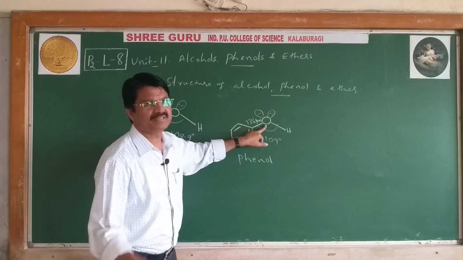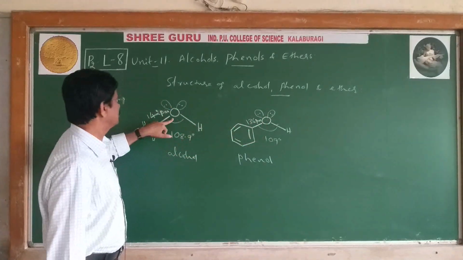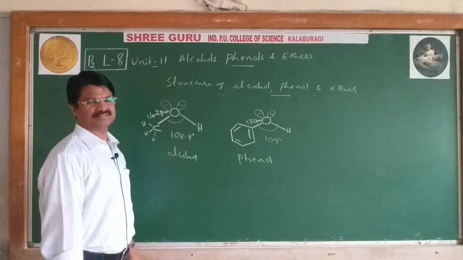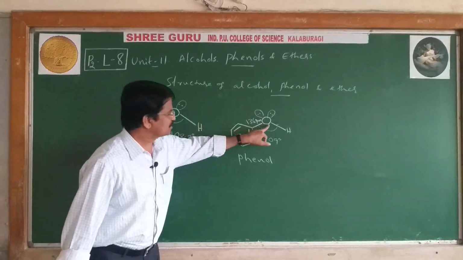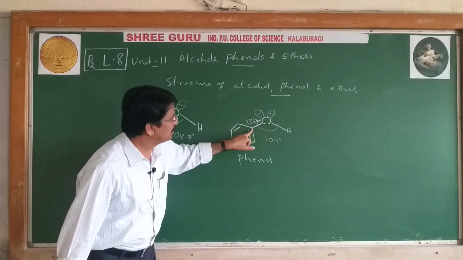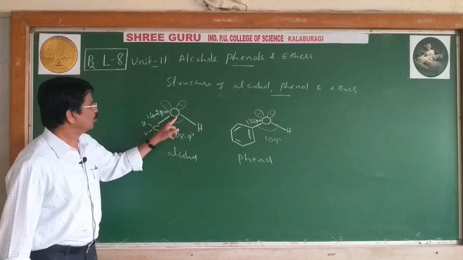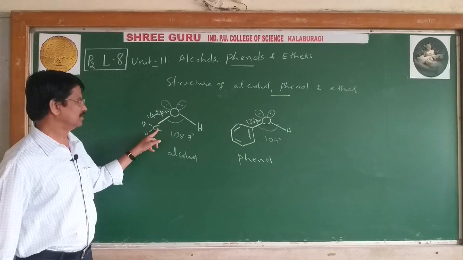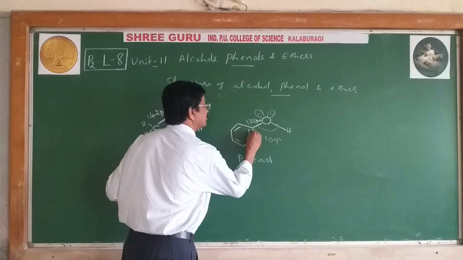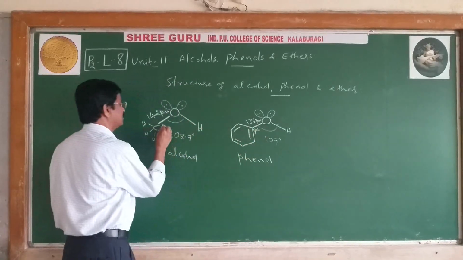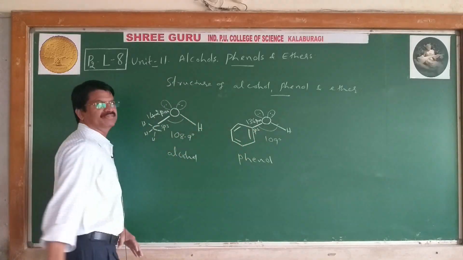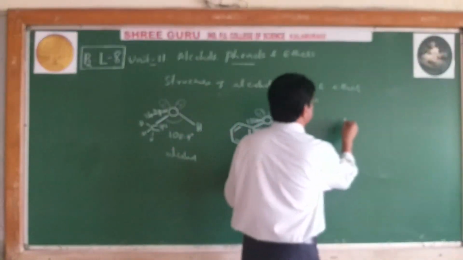The oxygen atom is sp3 hybridized in all the three, right? But in case of phenol, O is linked with sp2 hybridized carbon. In alcohols, O is linked with sp3 hybridized carbon. This is sp2, this one sp3, that is the difference. Okay. And in ethers,